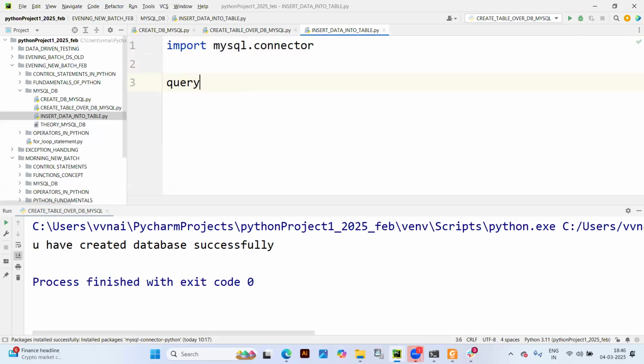Jashwant, can you tell me what is the insert query? So where we are going to pass individual student details like